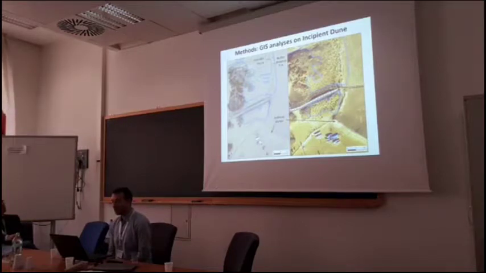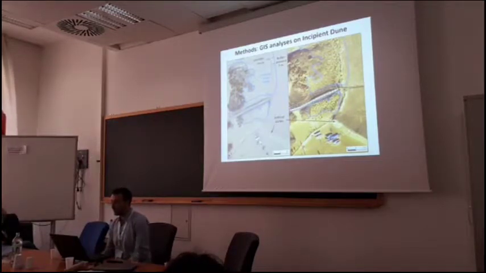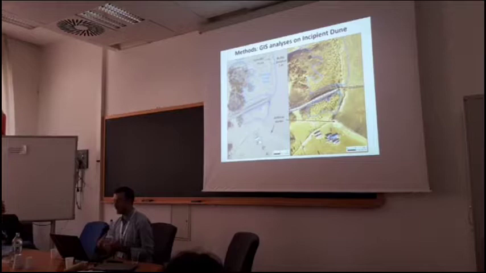So we first created a mask of the incipient dune. The incipient dune, if you don't know, is the active part of a coastal dune, the part fronting the stabilized and vegetated area of the dune. It is the part closer to the shoreline, which is continuously developing under the